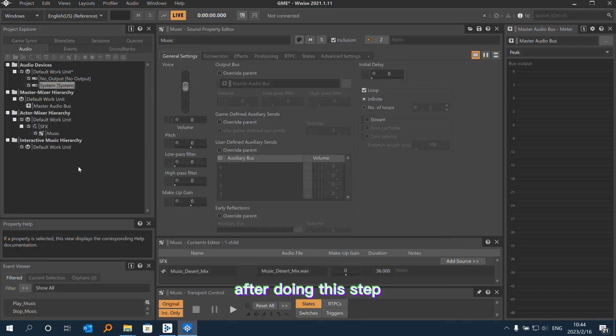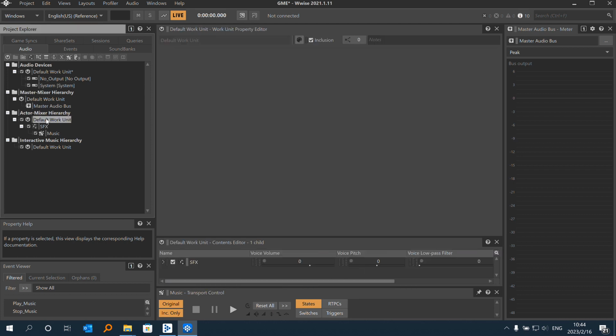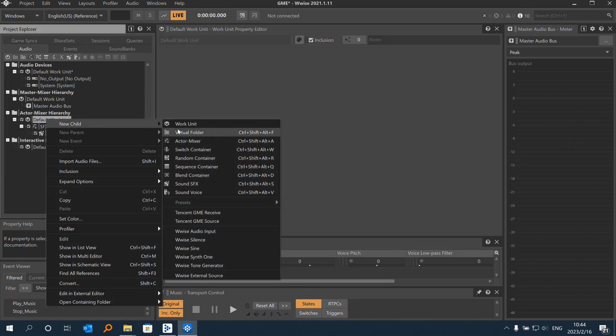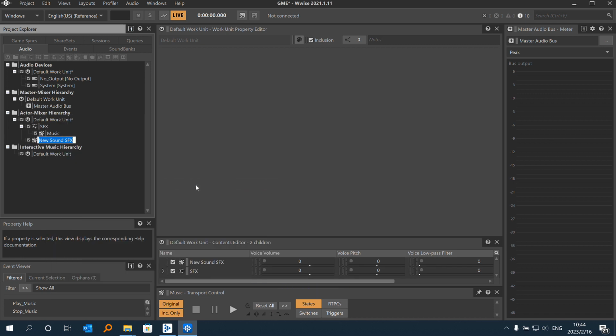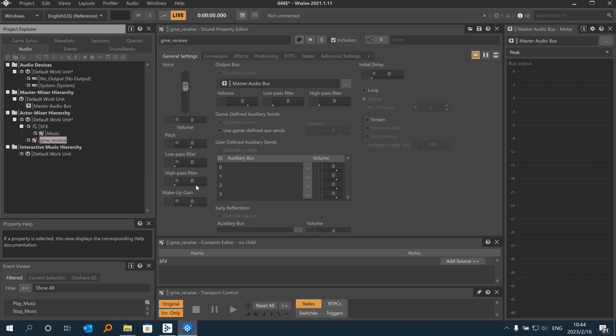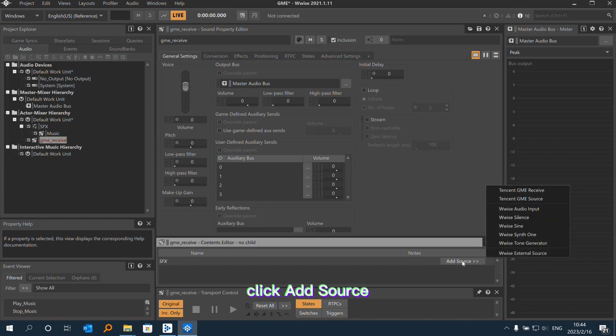After doing this step, we should create 2 new sounds. Create the first one. For example, name it GME receive. This sound is responsible for receiving voice. Click Add Source, choose the GME Receive plugin,